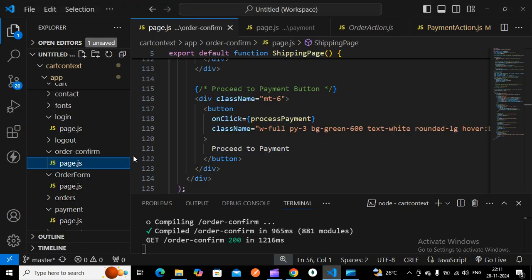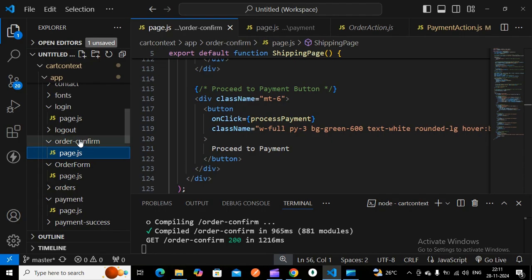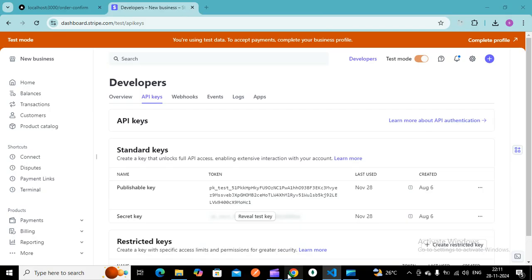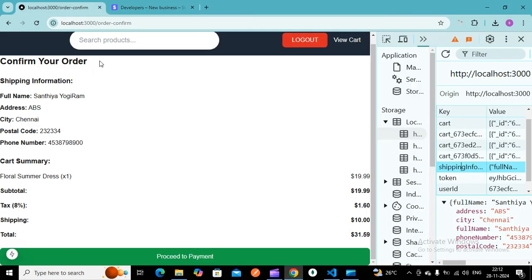And if I have to go to this particular order confirm page, here I have a proceed to payment. Once I click this, I need this particular shipping price, total price, subtotal price.